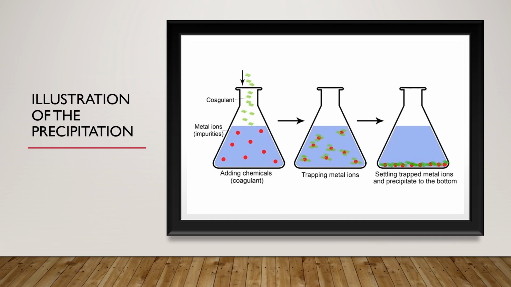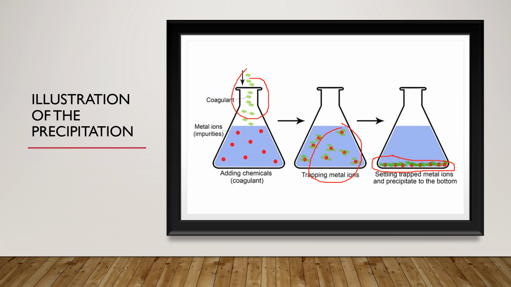Now in this diagram, we see a clear description of the method of precipitation. We see that the coagulant here is being added to the sample. Then once it's been added, we see that over time it traps the metal ions. Then again they are allowed to settle, which separates them from the water that we have, and then we have